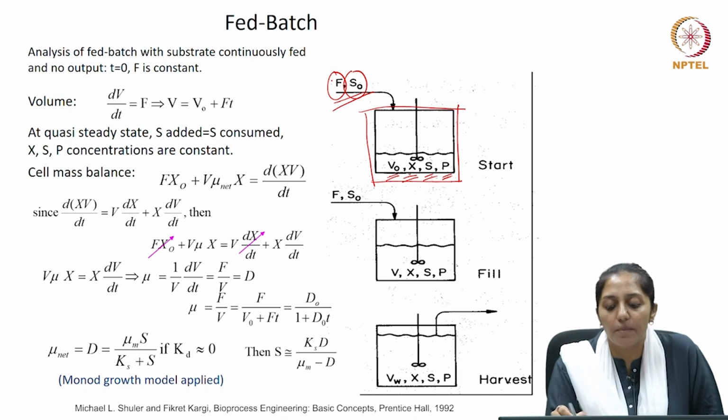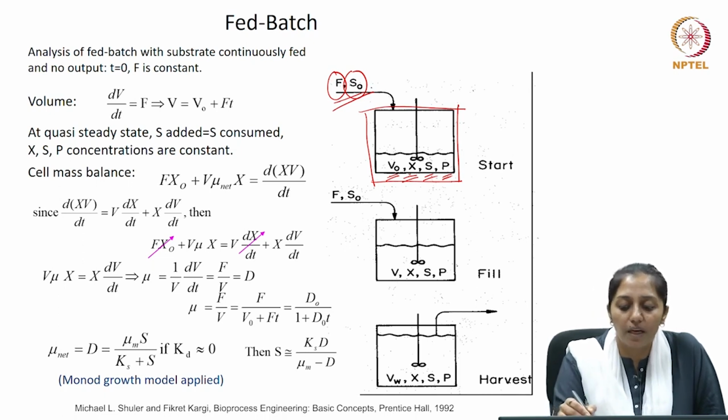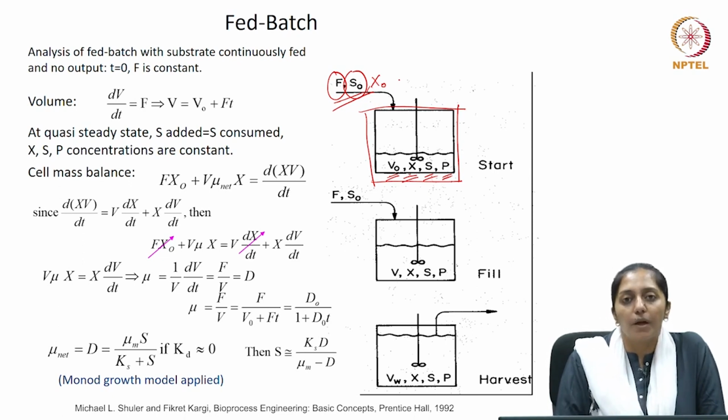So, if you do a cell mass balance, let us assume that X naught is the biomass